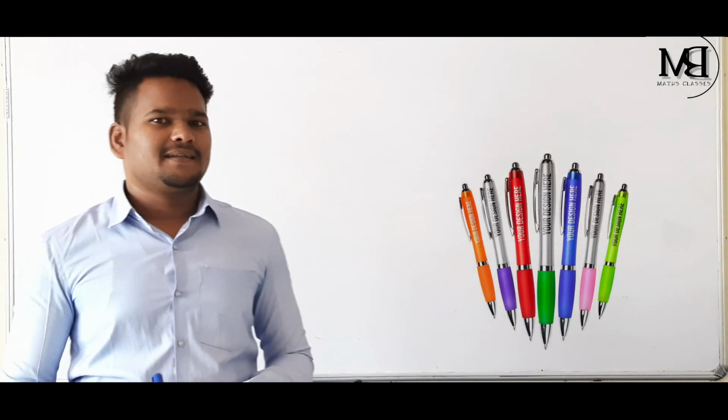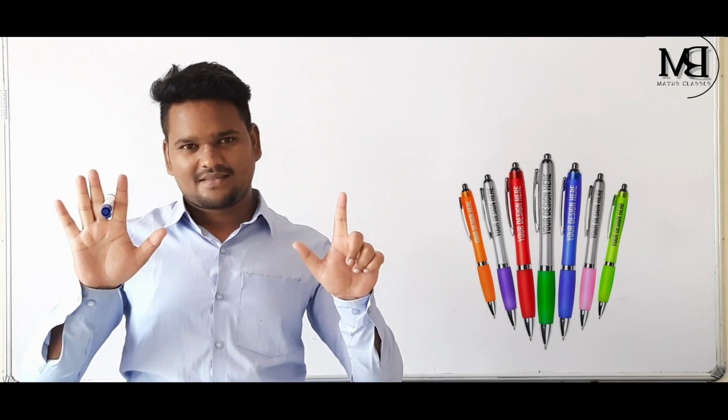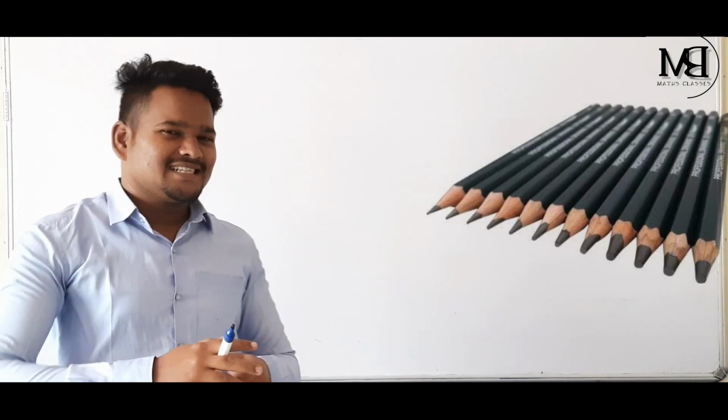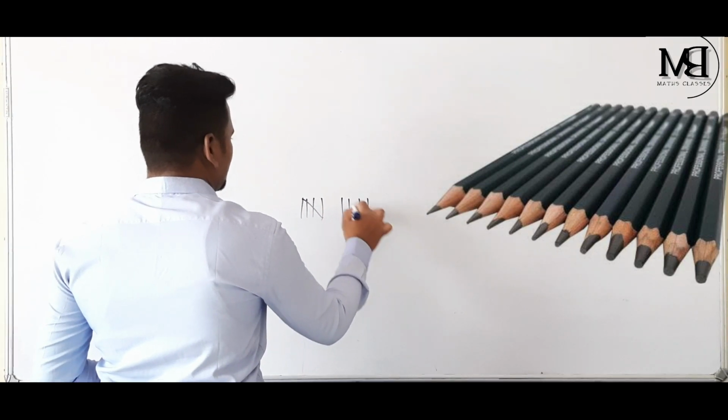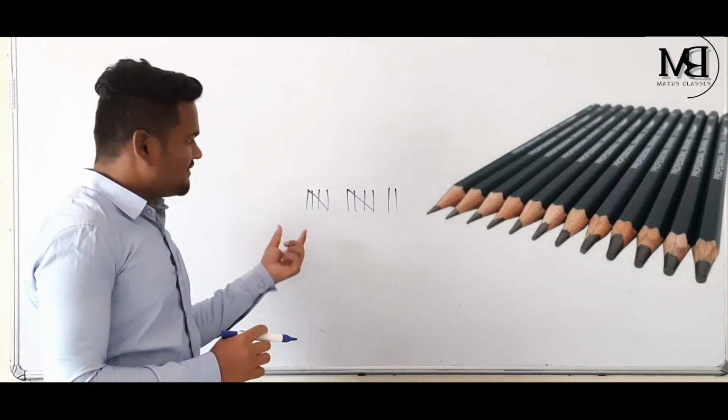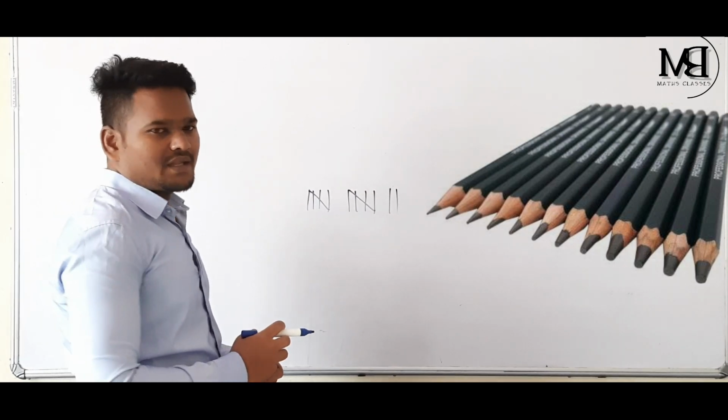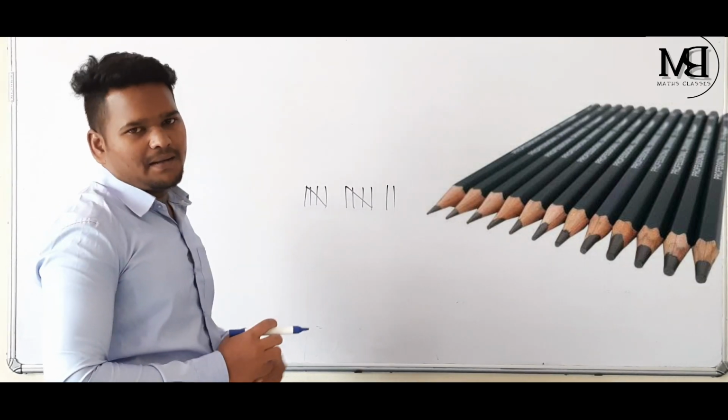One of my students tries to show, as per their perception, that one finger represents one chair. Good. Now, how many pens are there? Good. How many pencils are there? Please don't try to use the fingers of the feet, it's impossible. Let's represent by using tally marks. Here, one mark represents one pencil.